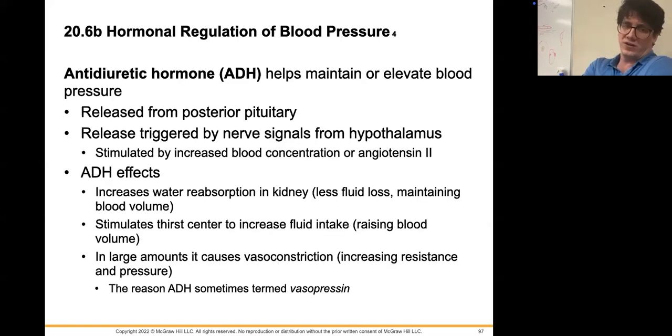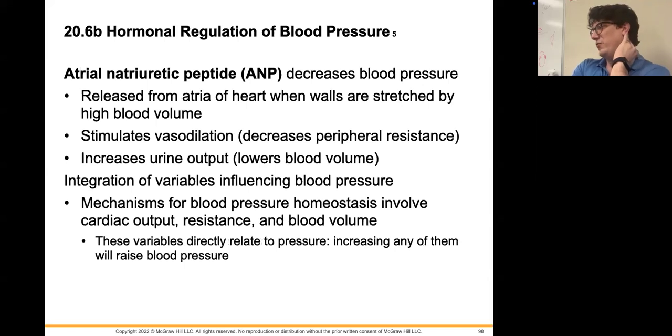The same thing goes for our antidiuretic hormone. Antidiuretic hormone is also going to cause vasoconstriction and water absorption in the kidneys. Okay, as well as stimulating our thirst center. Fun stuff. Now, if we need a hormone to bring that blood pressure down, this is where we have atrial